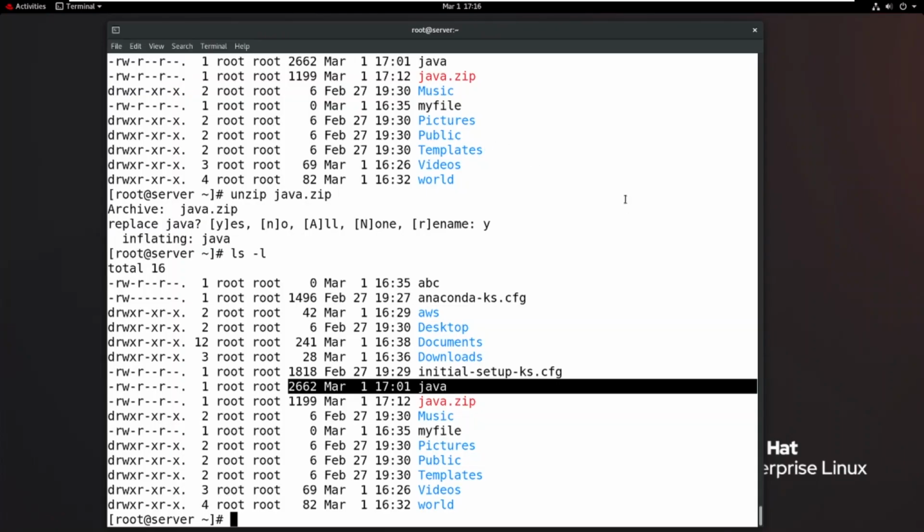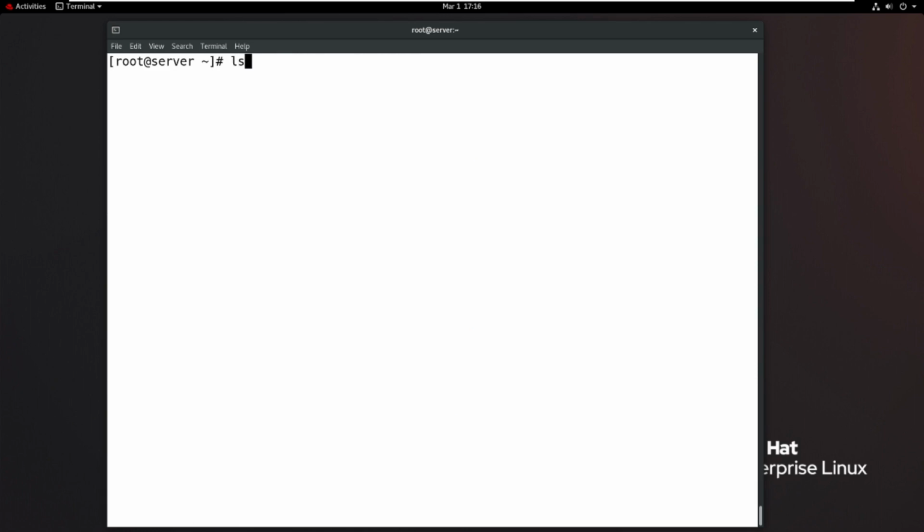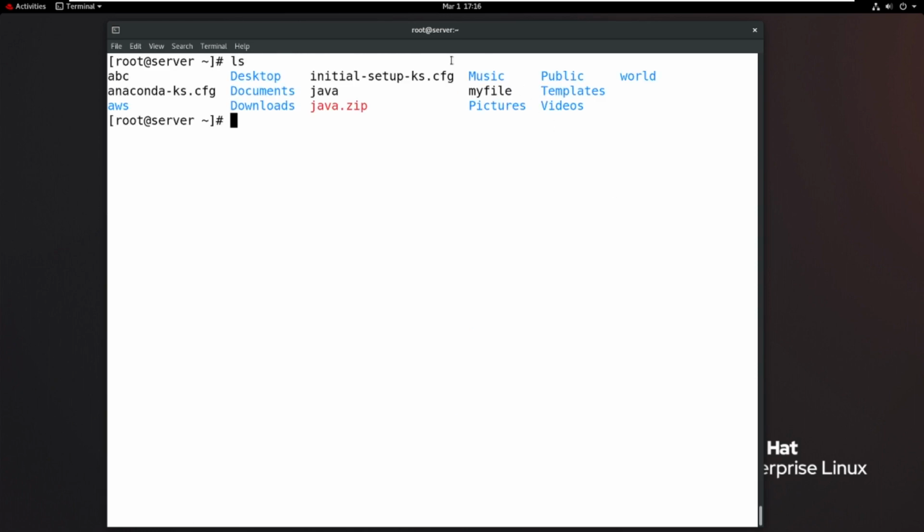Okay. So now here in the ls command, I have some files: Java file, my file, abc file, and AWS directory or something. So I want to create one backup file. Then how to create it? tar space. Generally C is mandatory. Create a backup. And V is the verbose and F for files. Here V optional, C and F mandatory. Then space. What is the backup file name?